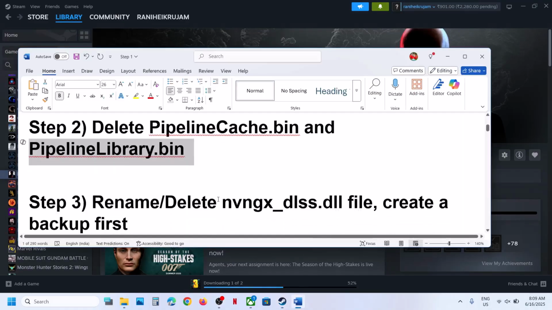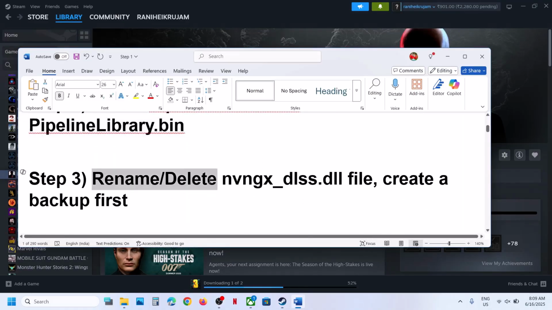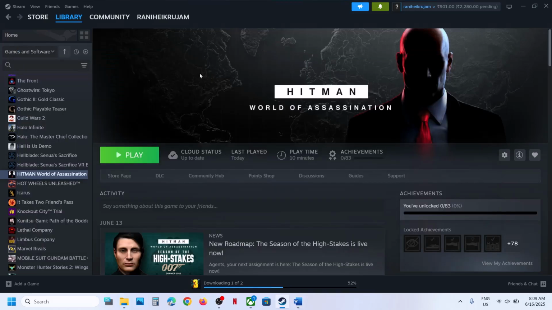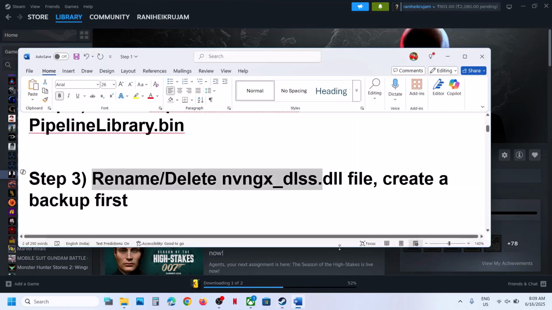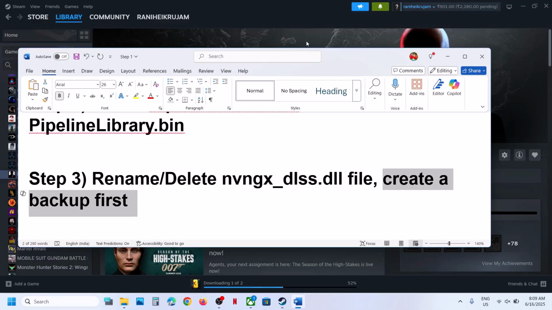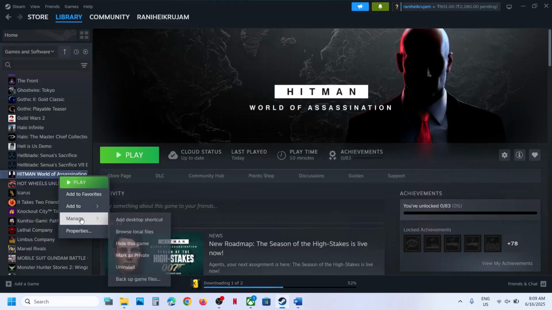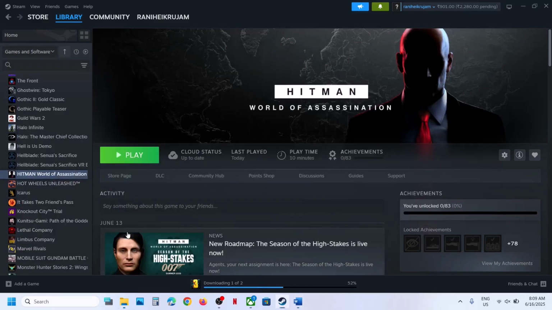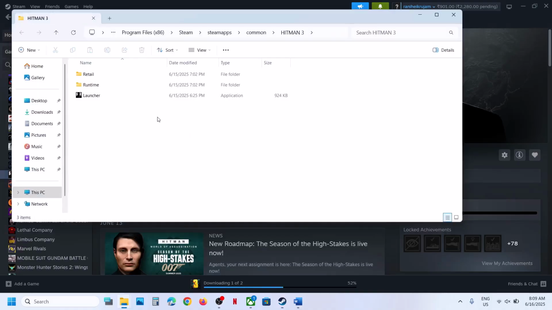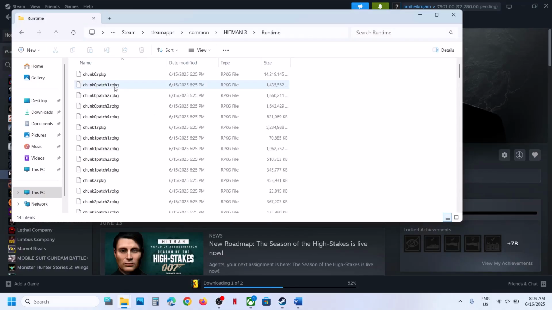Once it is deleted, you can launch the game and then check. If that does not work, the next step is to rename or delete the nvngx_dlss.dll file. Before you delete it, create a backup of this file. Right-click on the game, select Manage, click on Browse local files. It will take you to the game installation folder. Open the runtime folder